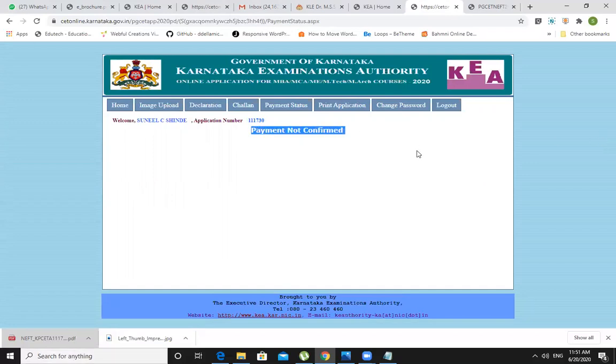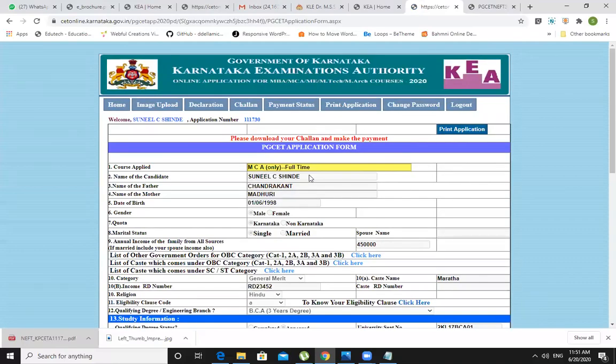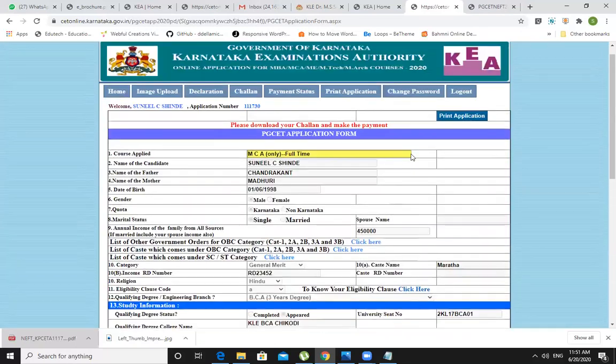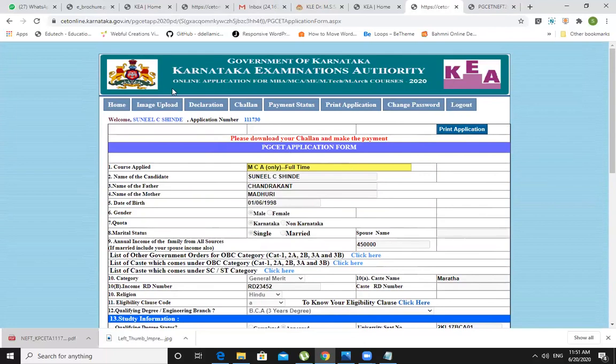Okay, you need to log in again and check the payment status. So you can print your application form here by clicking print application. Fine, you can see that it is saying that please download your challan and make the payment. So this is your application. Fine. Okay, print application. Then you can change the password as well as logout section.